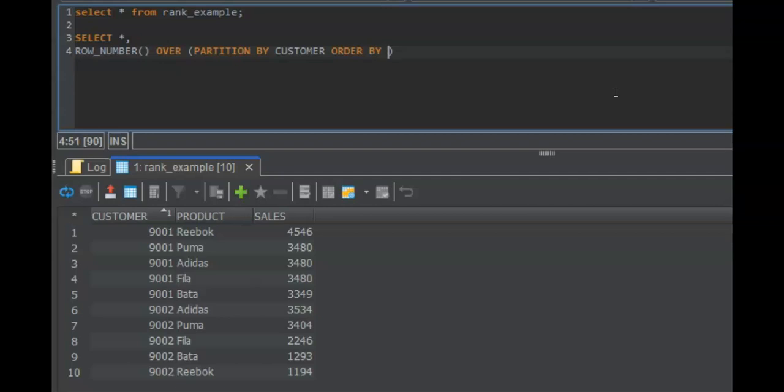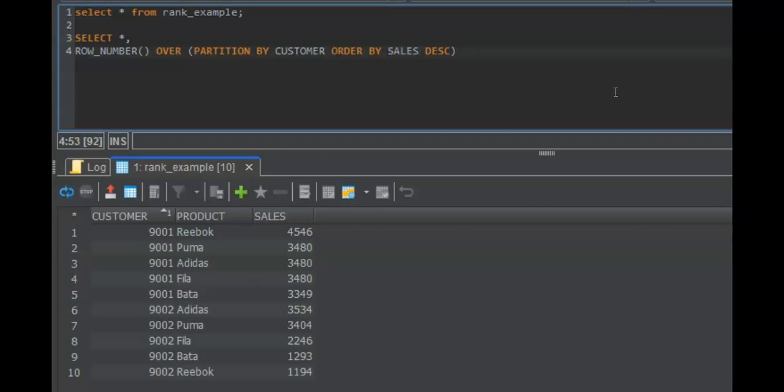We want to create rank against sales value, but rank should be assigned in descending order, so we will mark DESC. So partition is the group on the basis under which you want to assign rank, and order by is against the value using which you want to assign ranks.